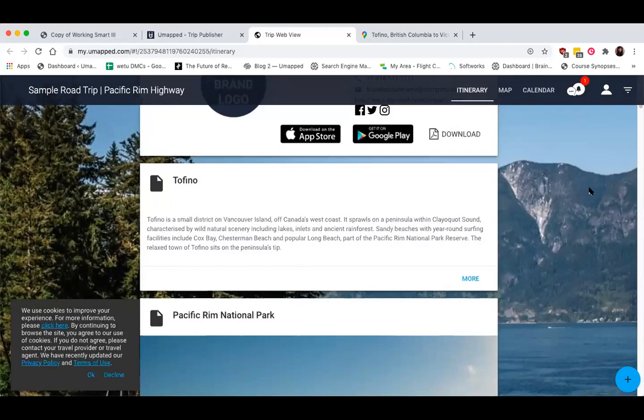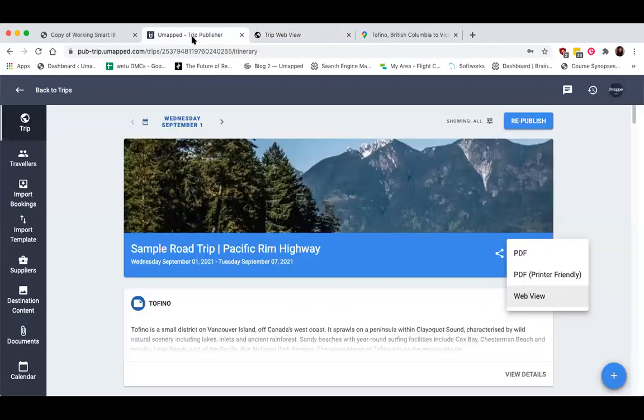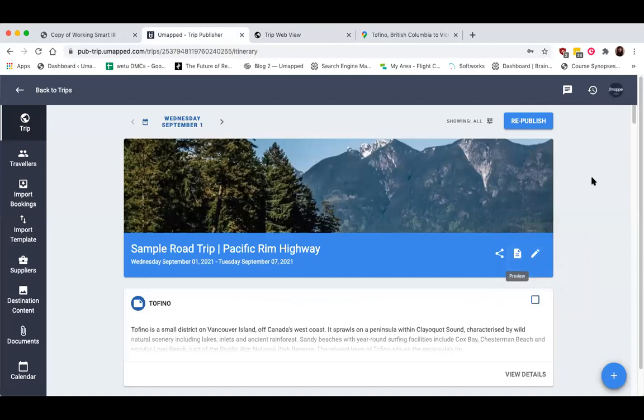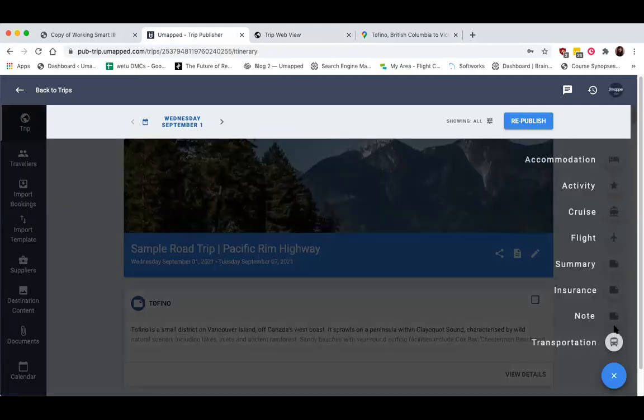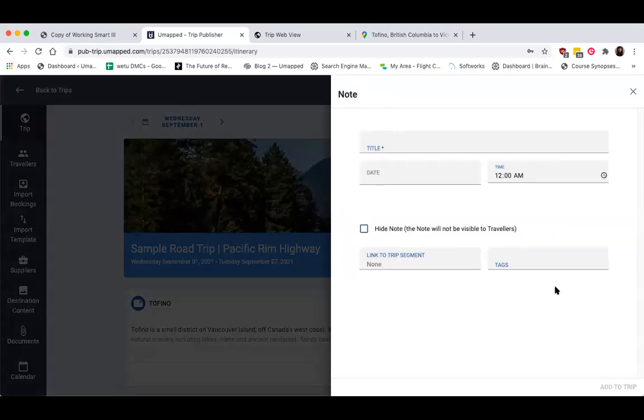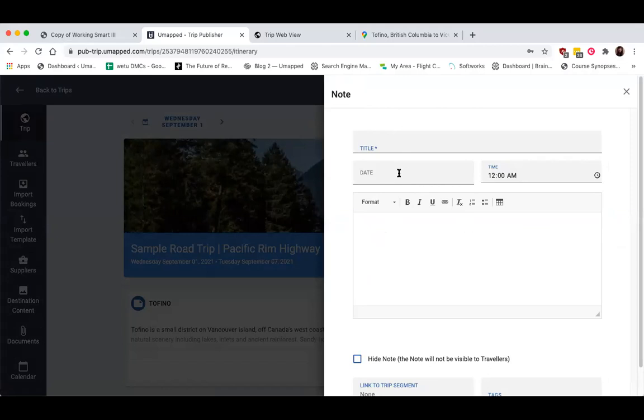Okay, however, if your travelers have downloaded the mobile app where this kind of map isn't available, otherwise it would require Wi-Fi or data, and the benefit of the mobile app is that you don't need Wi-Fi or data to access stuff there, you might want to take an extra step and provide them with a static map and potentially directions. So in this case, I'm just going to go back to my trip and I'm going to create a note segment. So this note right here, after clicking on the add icon, which I'm going to title Drive from Tofino. So drive from Tofino to Victoria.